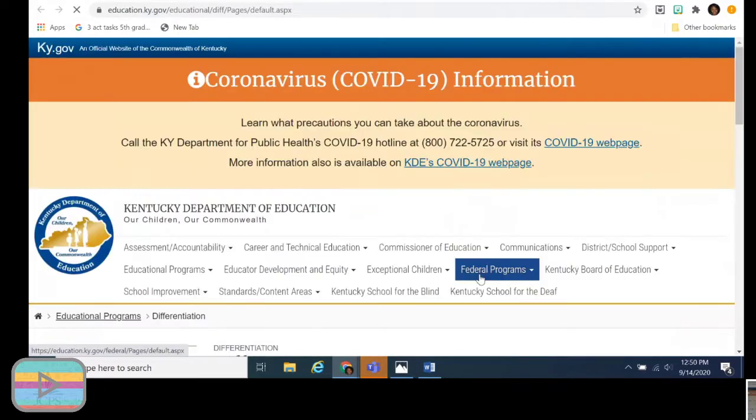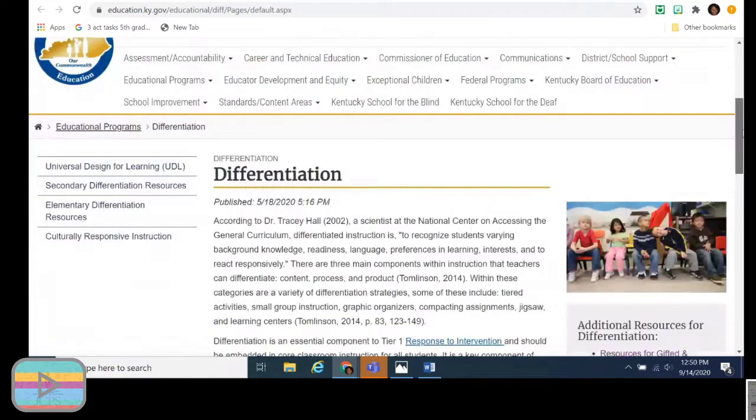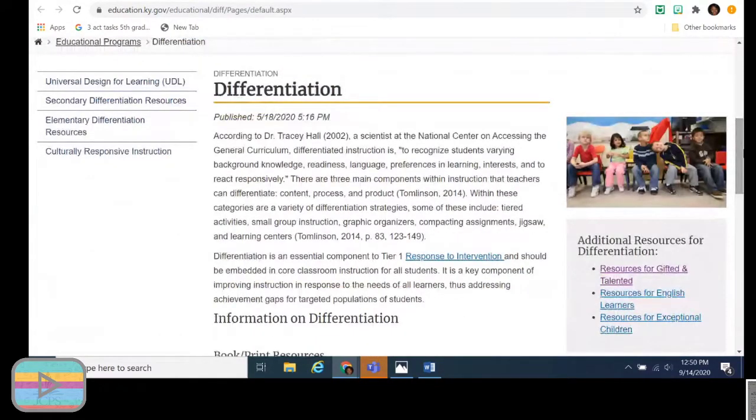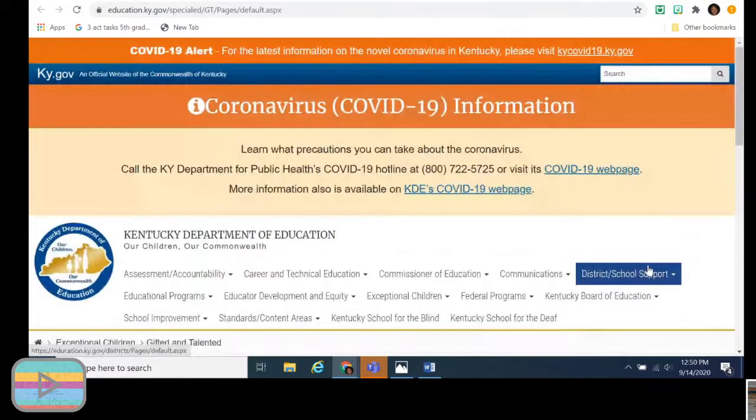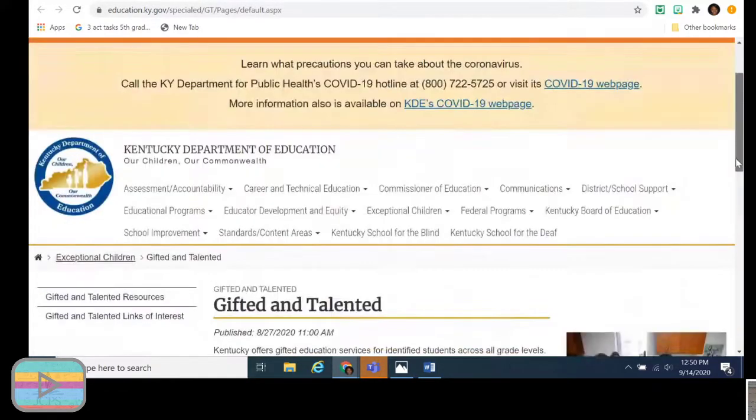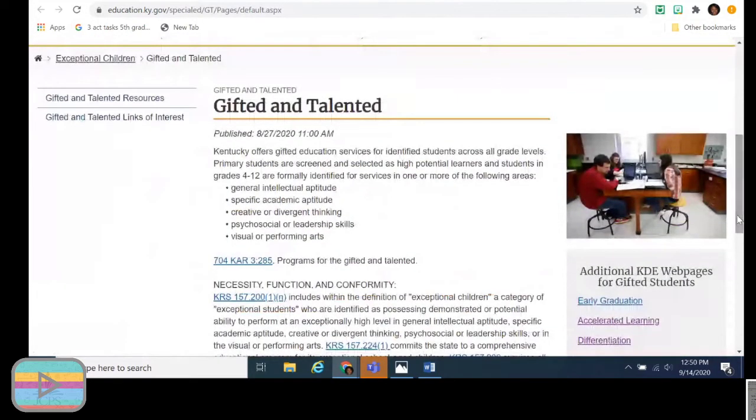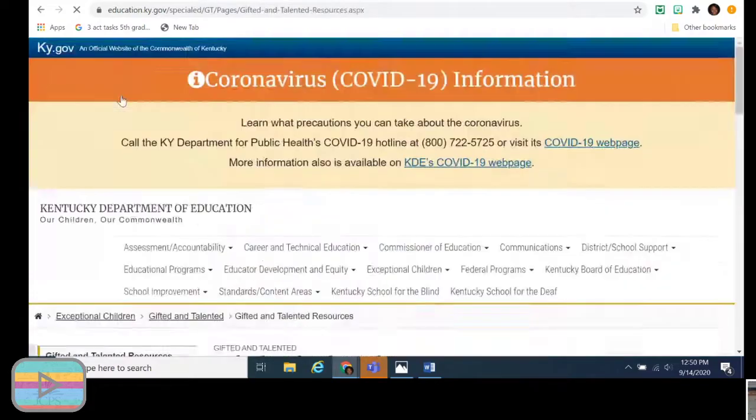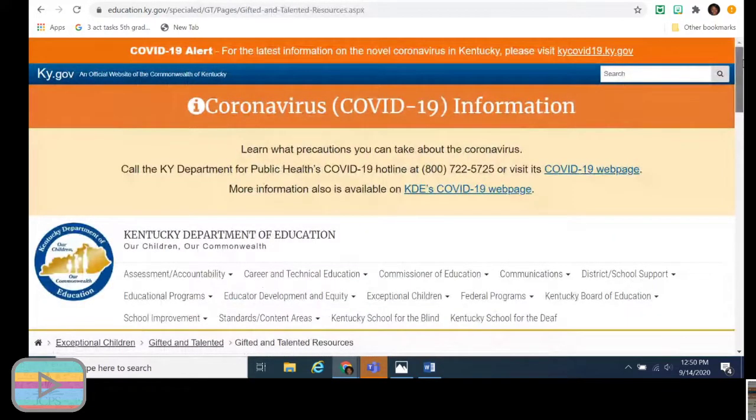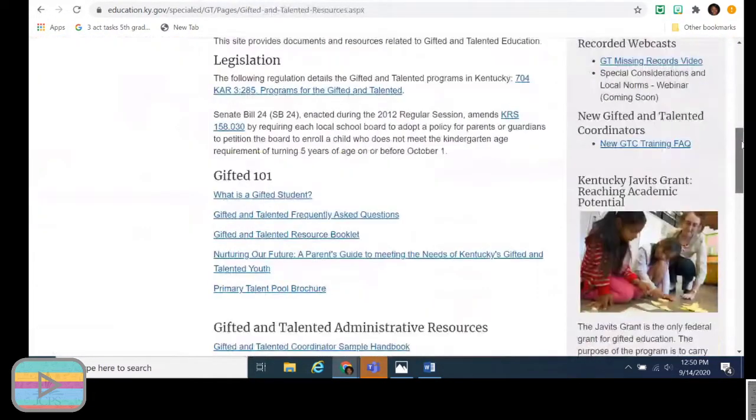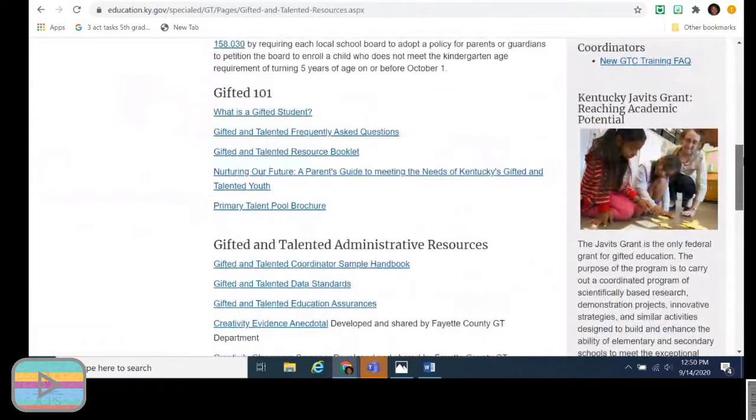Also, the Kentucky Department of Education has some information on differentiation. And if you look at this as well, to the right, we have some resources for gifted and talented, which are available if you were unaware that that was there. And when you look at these, there are plenty of gifted and talented resources and gifted and talented links of interest that you can use to help you better meet the needs of your students, as well as thinking about